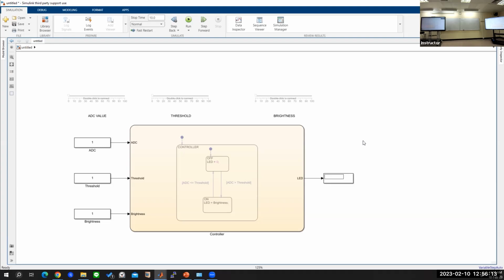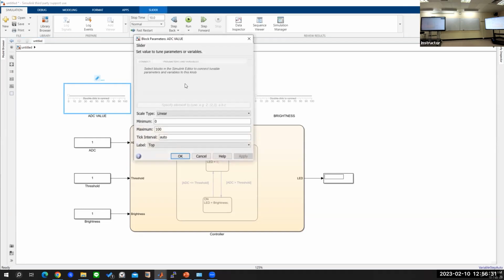Okay, and now I'm only going to show this once and you're going to do it twice for me. I'm going to show you how to connect this block with this block. For these two, threshold and brightness, you're going to do it yourself. So I'm only going to show it once. Please look at it very carefully. We double click on this block. It will open a window like this. Now the minimum can stay 0. The maximum, I am going to input